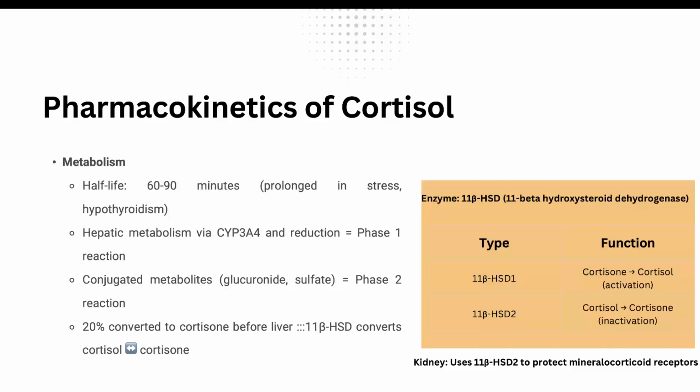We have an important point: the metabolism of cortisol occurs in the liver, and it enters the two phases of the hepatic metabolic pathway, phase 1 and phase 2. As we know, phase 1 is conducted by hepatic enzymes like cytochrome P450, and after that the drug enters phase 2. In phase 2, called the conjugation phase, the drug or the cortisol will be conjugated with large compounds like glucuronide and sulfate. After that, the drug becomes water soluble and is eliminated with urine.